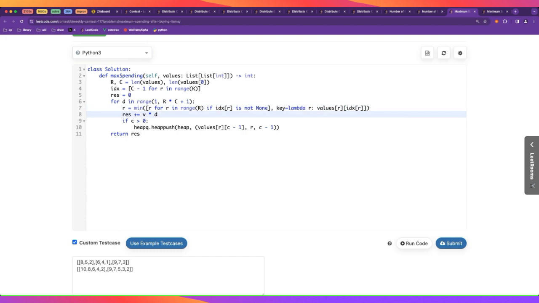So this is going to give us the best row, the row with the minimum value. So that's going to be values of R, and yeah, let's call this col, not just index. So the column for the row is this one,